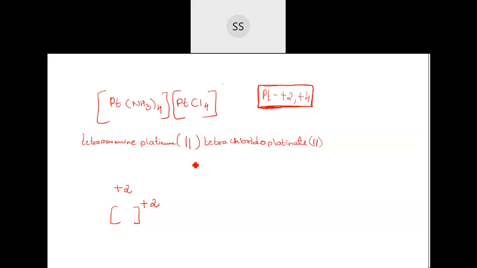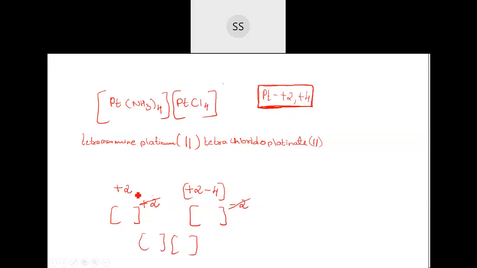Now come to the next part of it. If I go here, the platinum if I take as +2, Cl minus, like that 4 are there. So if I take this as +2 -4, correct, no? So +2 and -4 altogether will become -2. That means the whole complex will carry a -2 charge. Getting? So if this way we get, then it is correct, no? Because +2 and -2 will cancel each other to form the complex together.